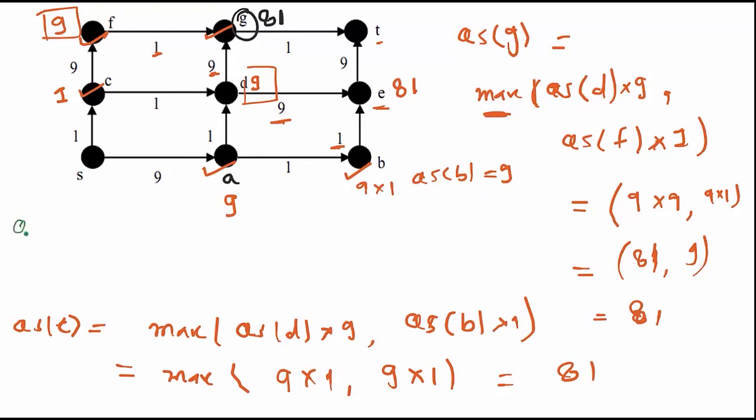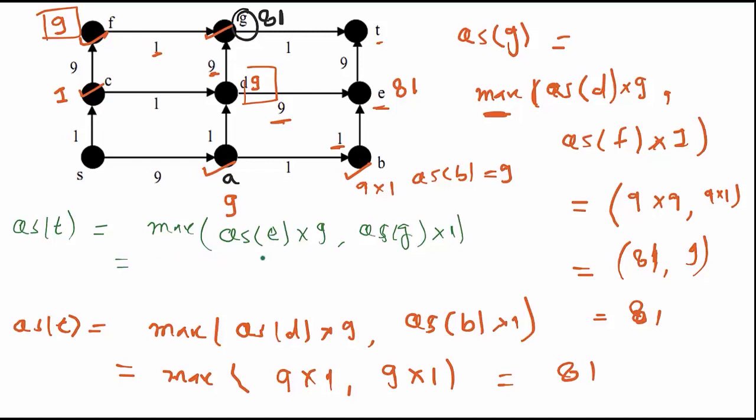So I need to find out the quality score of T, which is nothing but the maximum of quality score of E into 9, comma, quality score of G into 1, which is nothing but quality score of E is 81, 81 into 9, comma, quality score of G is again 81, 81 into 1,